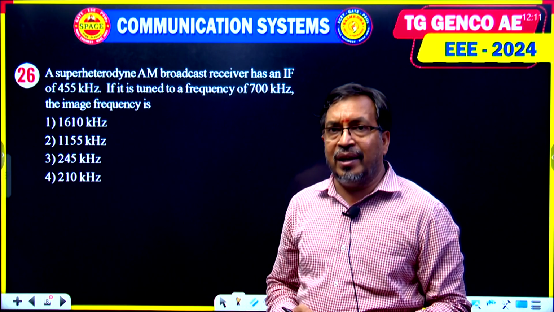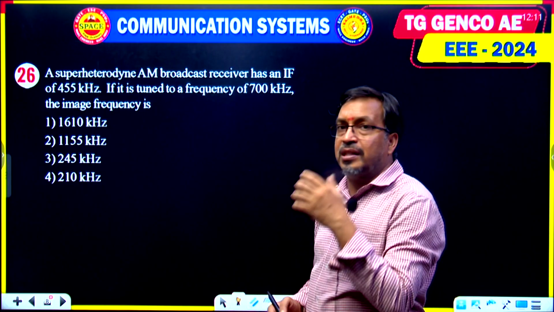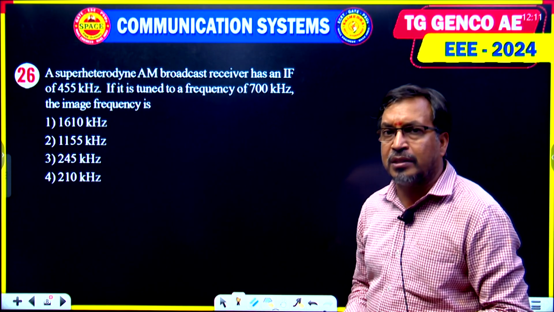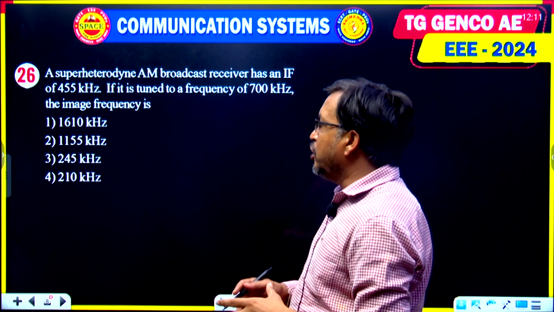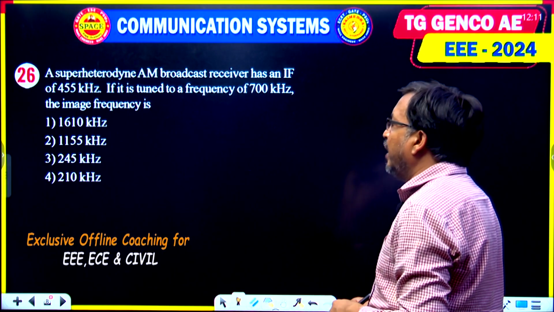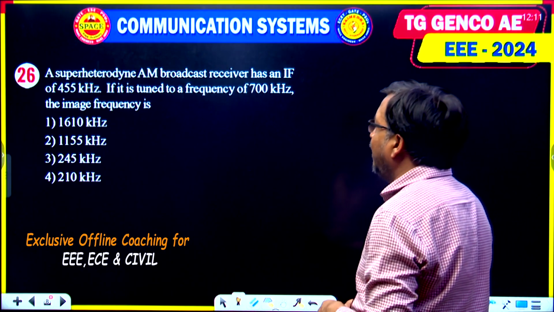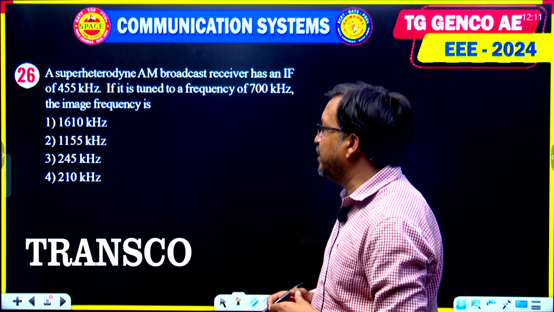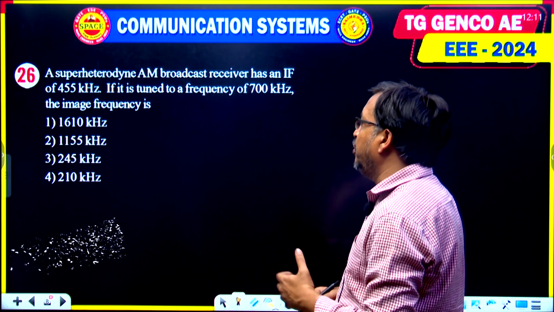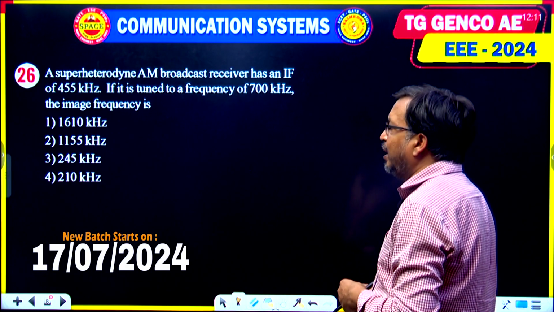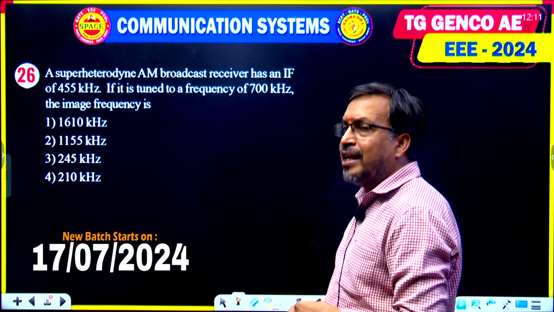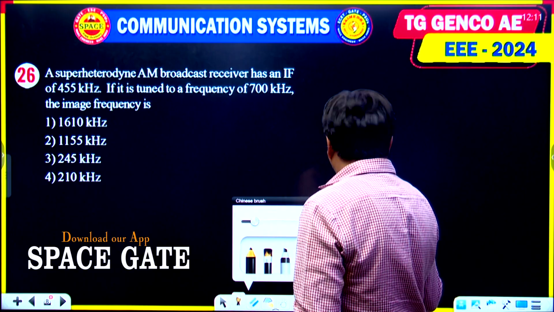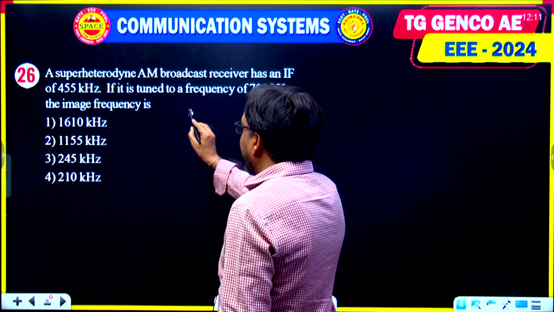Students, here we are discussing communication system question number 26 in master question paper. The question is, a super heterodyne AM broadcast receiver has an IF of 455 kilohertz. If it is tuned to a frequency of 700 kilohertz, then the image frequency is, see here, image frequency, I am writing